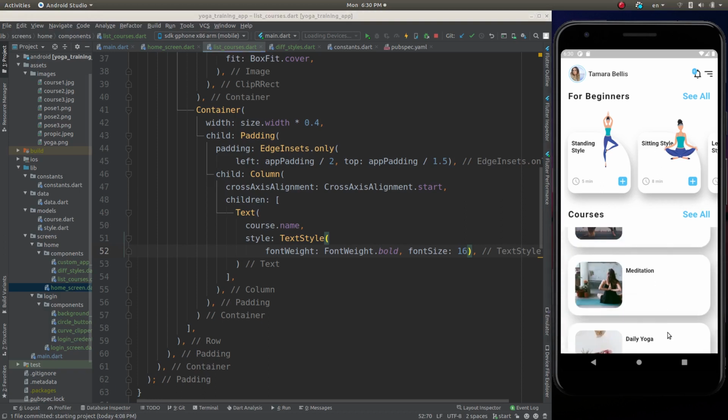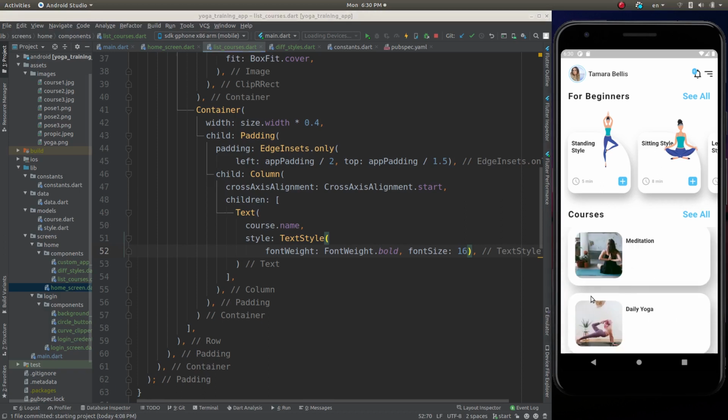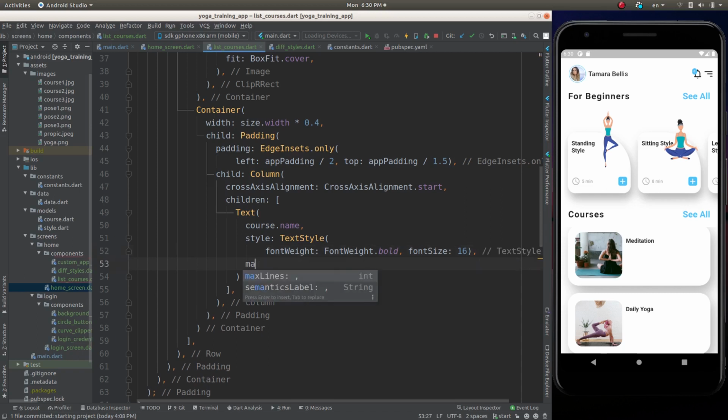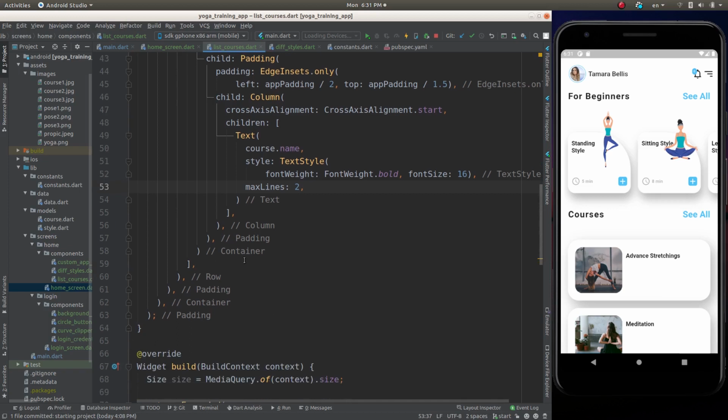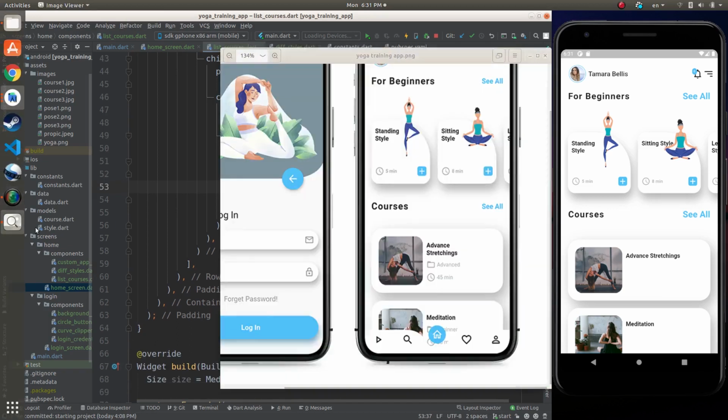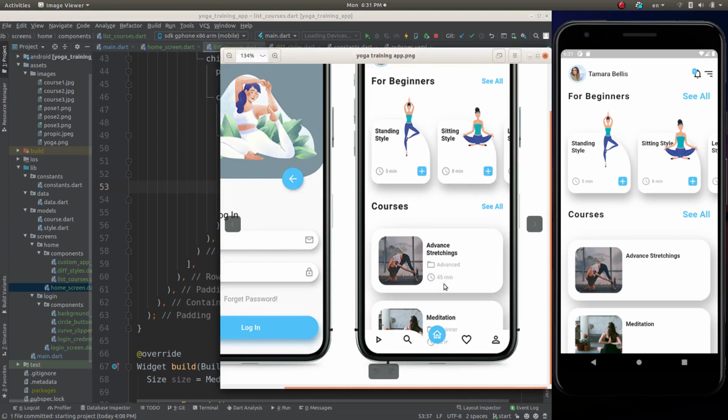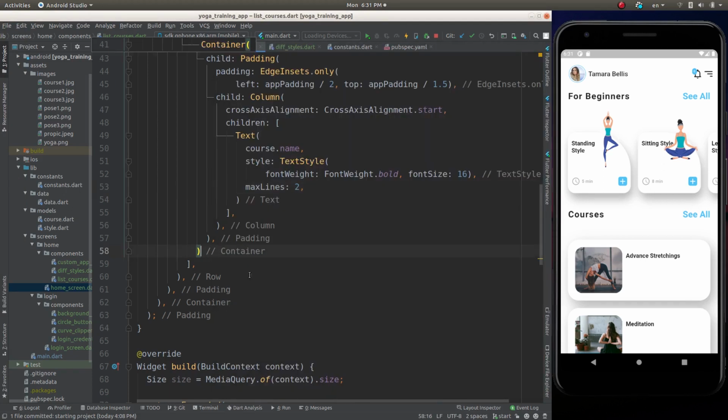And okay, let's have on max size 2. Now let's create, let's take the design. Okay. Let's have two rows. After the text,